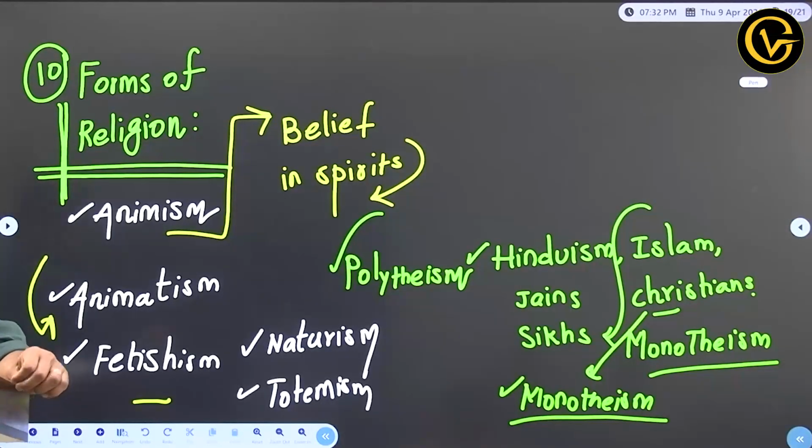Then we discussed another beautiful concept called sacred and profane, and how sacredness regulates various social interactions, by giving certain examples. Then I introduced you to the idea of religion as a social institution, and how religion has various functions, and how religions have rules, roles, values, and practices. Then I discussed various forms of religion like polytheism, monotheism, animism, animatism, totemism, nature worship, and fetishism. So that completes today's session.